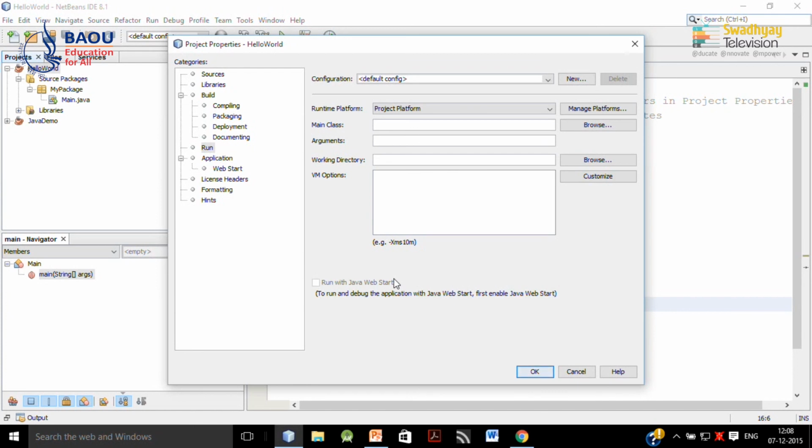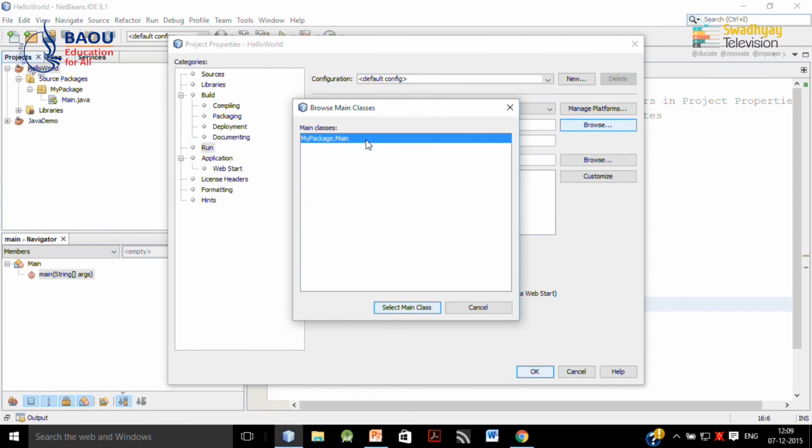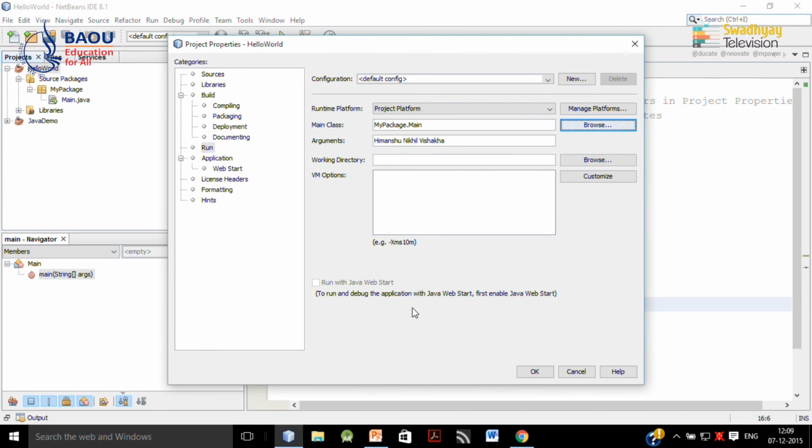So, I write down three arguments separated by space. So, this is the first, this is the second, and this is the third argument. It will automatically pass to our main class, and here you can specify the main class also. Here we have only one class, my package dot main. So, we select the main class and then press OK.